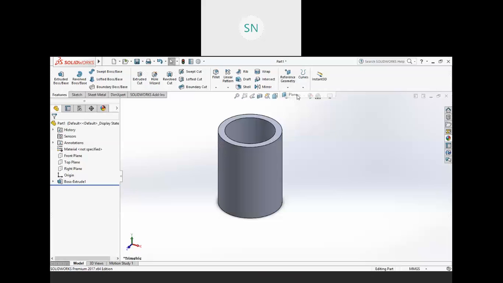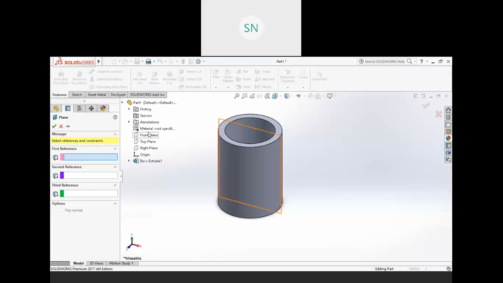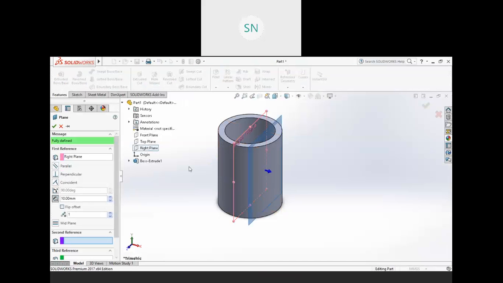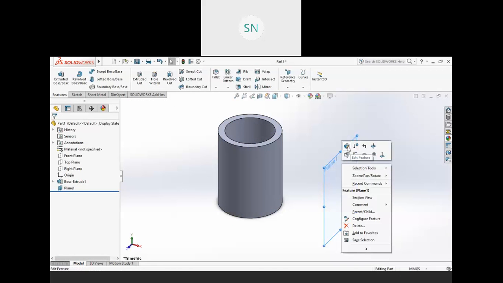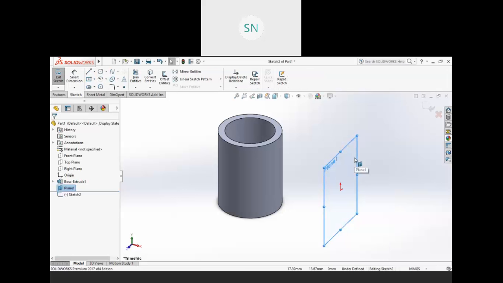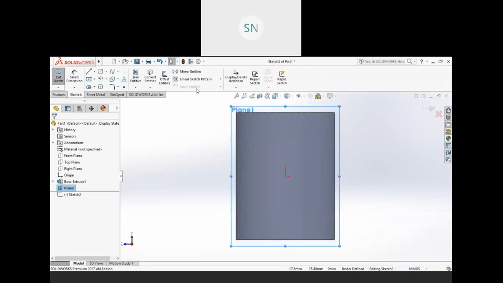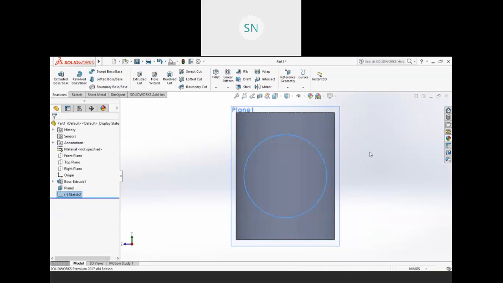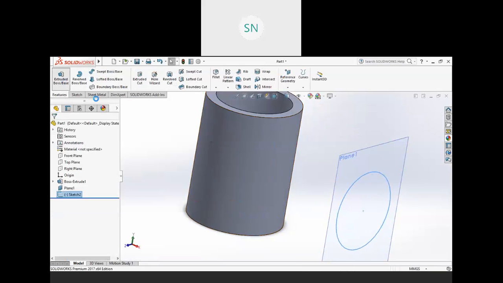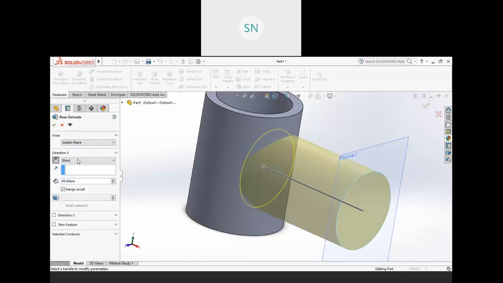Take a reference plane from the right plane at 60.5. And from here we will sketch. Create a sketch, Control 8, and the diameter is 32. So here 32 mm. Finish it and extrude it up to the next.